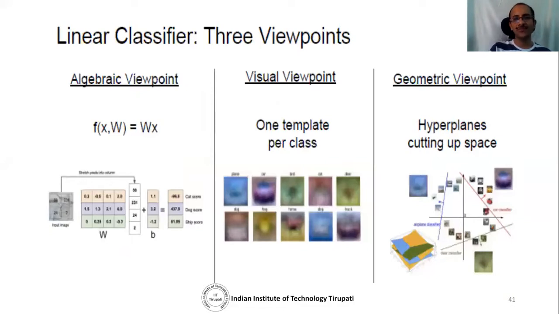You can see now in different viewpoints, this visual viewpoint, where you can see the samples. In fact, the weights themselves you can show as images. In some research papers, they learn ghost faces, especially for principal component analysis based face recognition. They try to learn eigenfaces as a representative of the face class, and they also call it a ghost face. In fact, neural networks also learn ghost images corresponding to each class, based on the architecture.